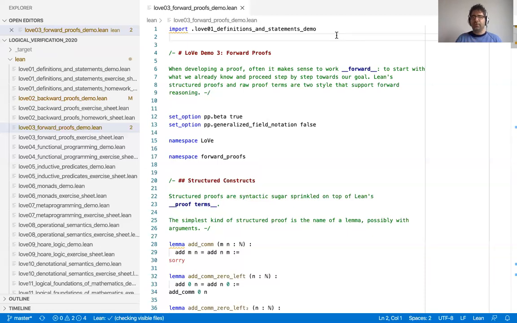mathematicians will tend to go forward for the big picture and then backwards for the small details of the proof, right? So if you have a big problem to attack, you will say, okay, first we'll do this, then we'll do that, then we'll do that. This is a plan. This is a forward plan, right? And then to attack the small goals that emerge along the way, you can go backward and it becomes